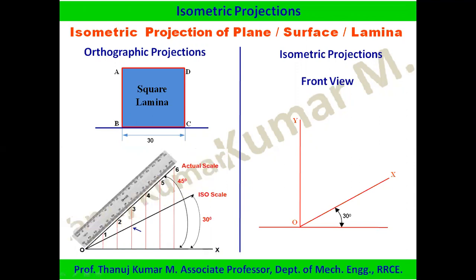our isometric projections. First, measure BC, this distance you have to measure, that is 30 mm. You have to convert this 30 mm into isometric projections. Measure 30 mm here, and then you have to reduce it to the isometric scale, right? So you have to take this distance. I'm moving the cursor. You can see it's coming here. From 30 mm, I'm coming down. This is the point.